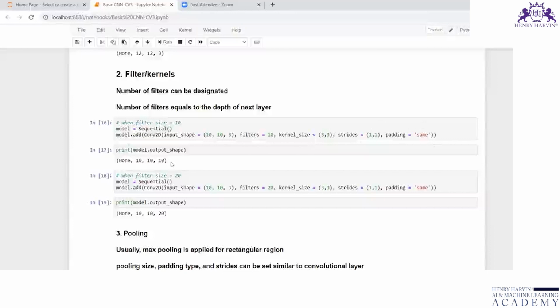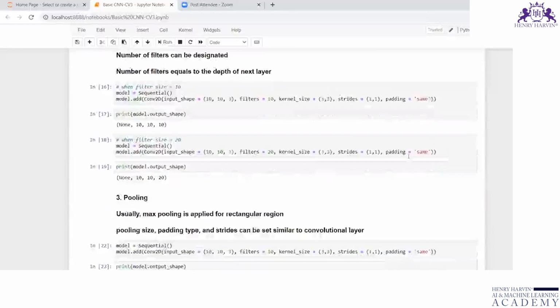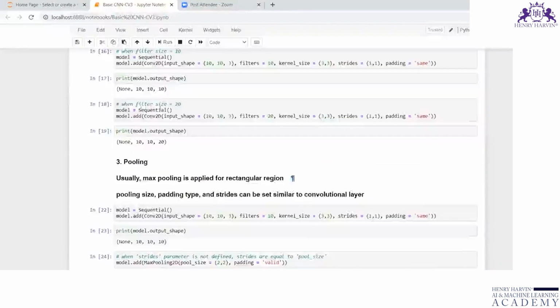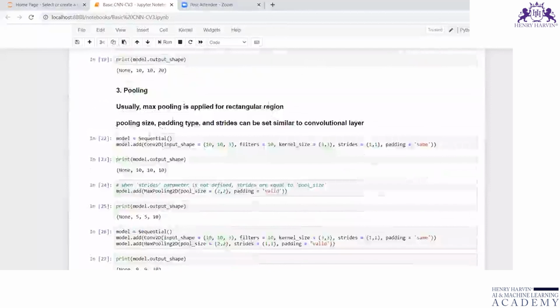So what do we get now? 10, 10, 10, right? At the same time, if you use padding is equal to same, then you get the output as 10, 10, 20, right? Fine. Because we have used filter size as 20. So we are getting 10, 10, 20. Clear? So pooling. Maximum pooling is applied for a rectangular region, and pooling size, padding type, and strides can be set